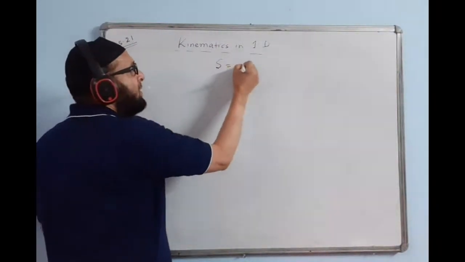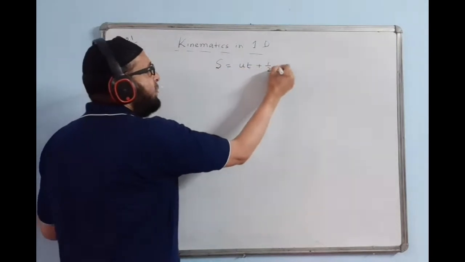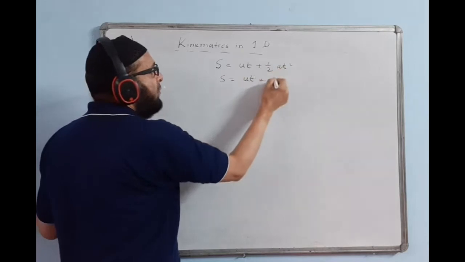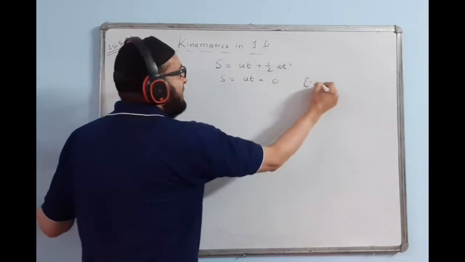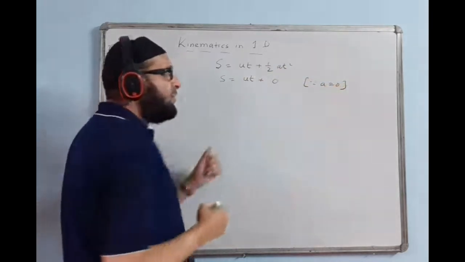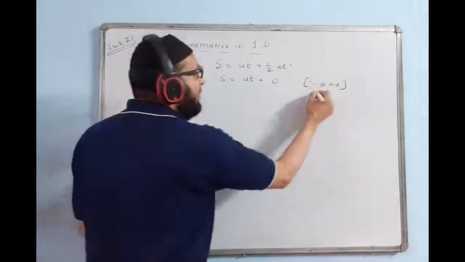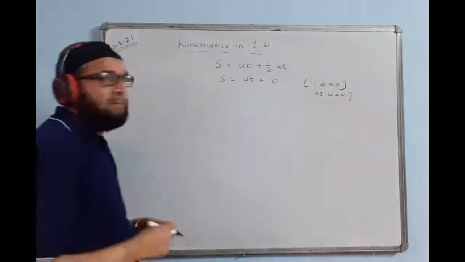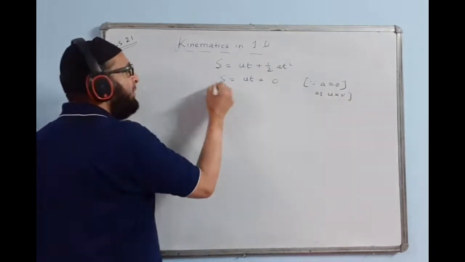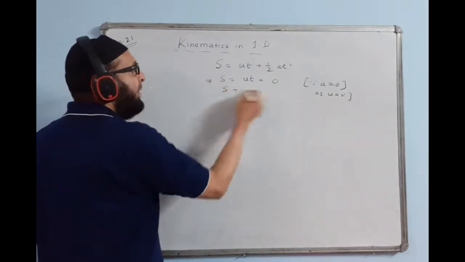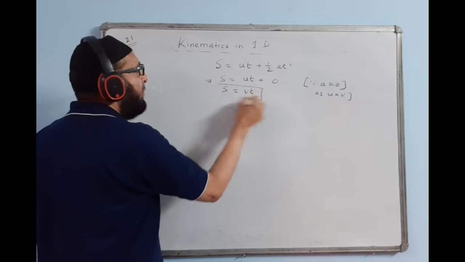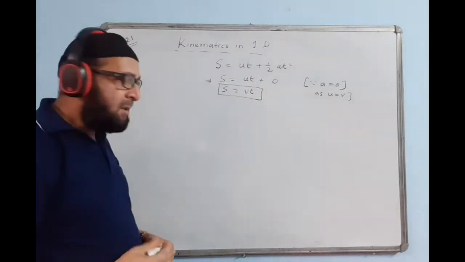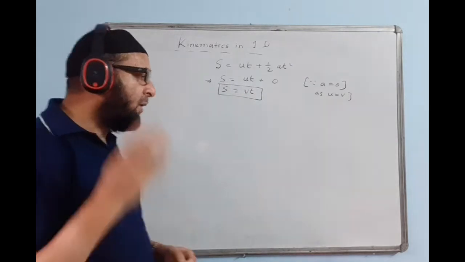We'll use the formula S is equal to ut plus half at square. Next line we write here ut, a is 0, since a is 0 for uniform motion. Why is a 0? Because u is equal to v, initial velocity and final velocity are the same. So next line we can write S, u we can replace by v, just vt. u and v are all equal. So the formula becomes S is equal to vt. This is the derivation for formula number 4.